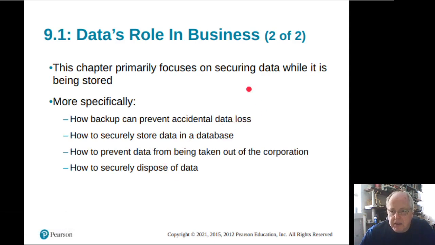So we're talking about data that's being stored. We're not talking about data being transferred along the way. That's a whole networking issue, and we've talked about the whole encryption and secure networks and all that. We're talking now about the storage of the data in various forms. We want to prevent losing of the data, accidentally burning down the storeroom of data, the data farm, storing it securely so it can't be given away, taken away,